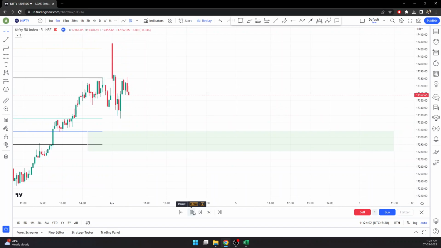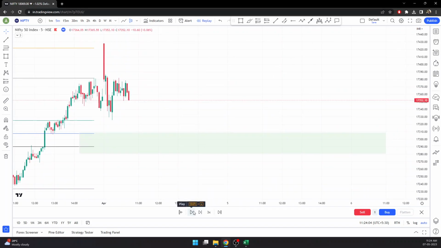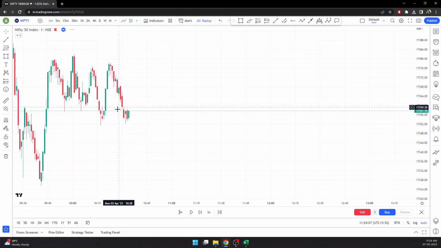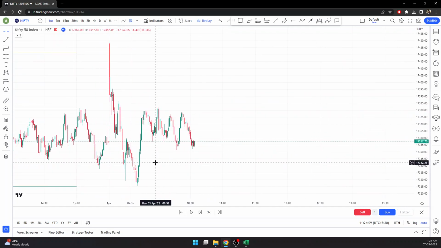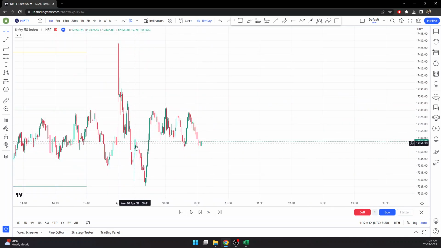Yes, coming back to these levels, let's go back to the 1 minute time frame here. It did not touch this level, but we can see this was the low that it marked. It has broken this particular level on the upper side with a strong bullish move. So we'll be looking for the buying. If we look here, it has also broken this high here, and we should have looked for the buy